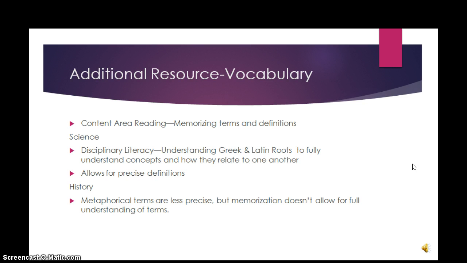So, for example, class, genus, and species: organisms are classified using Greek and Latin roots, and you can see which ones fall in the same class, genus, and species based on the root used to describe or name the creature. In history, a lot of terms are metaphorical, so they're less precise, and memorization doesn't allow for full